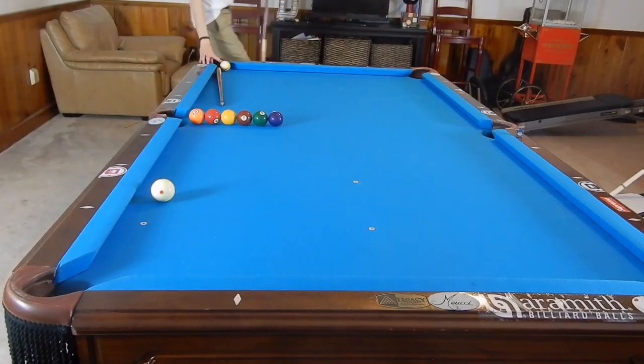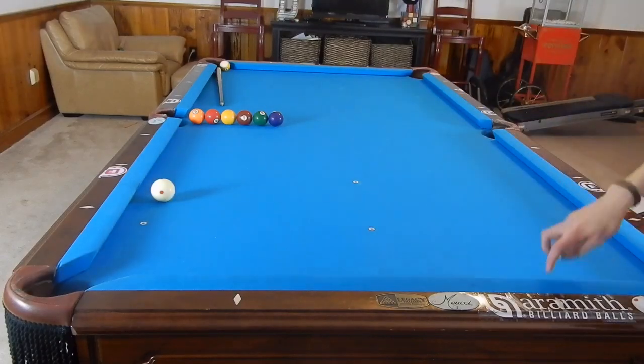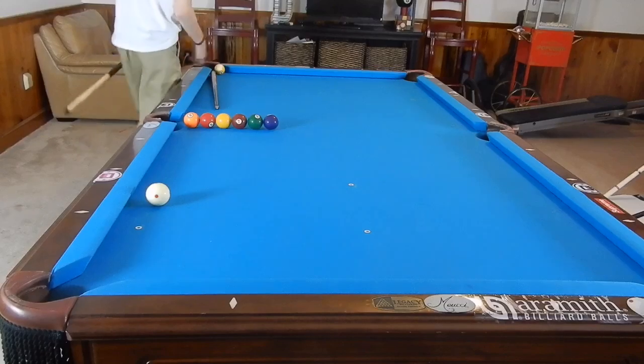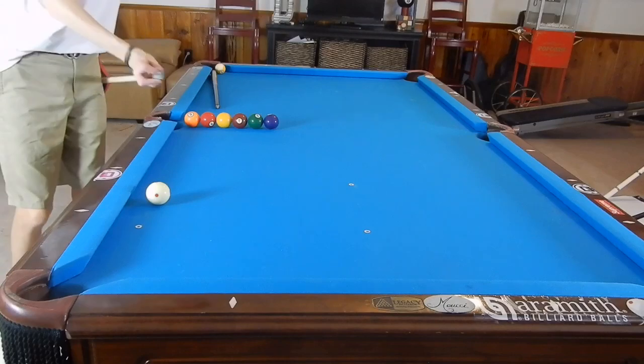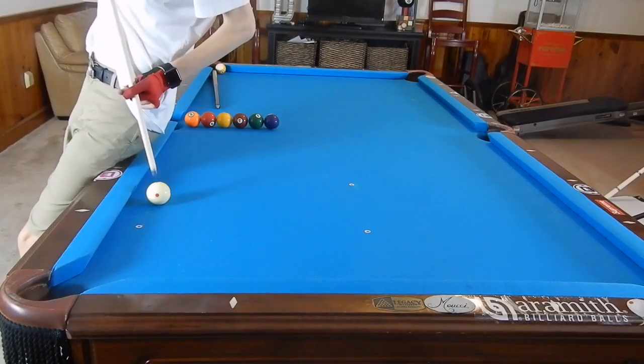Now the goal is to hit the cue ball off of that rail, off of this short rail. Cue ball will bounce off of this rail. It'll go up, curve around the blockers, come back, maybe hit the butt, and then pocket the 9 ball into the corner. Now this one we need to hit into this rail, a little less elevation than last time, but